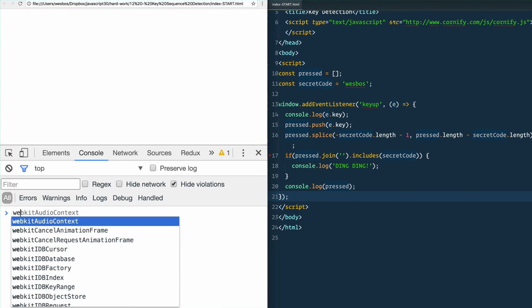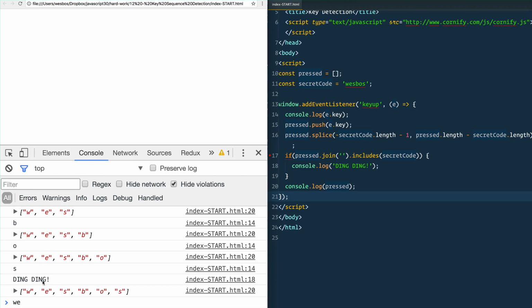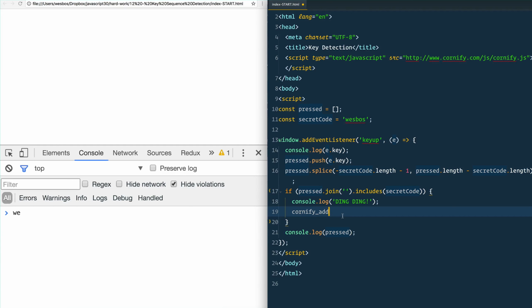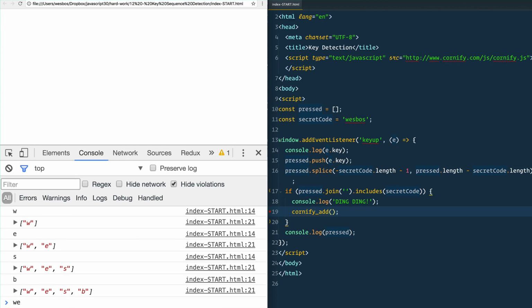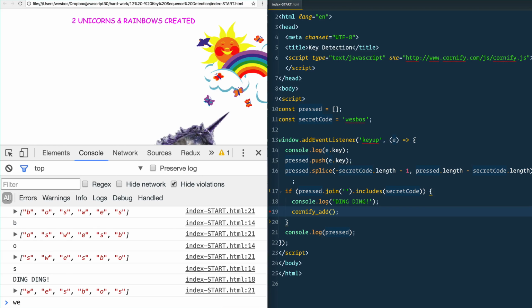So, W-E-S-B-O-S, and there we go, ding ding, it includes what we're looking for. And at that point, we can do some fun stuff. So way back, there was this thing called Kornify.js, and I'll show you what it does. There's a function called cornify_add, and when you run it, it adds unicorns or rainbows or random stuff to the screen. So if I do it again, it's going to add another one,